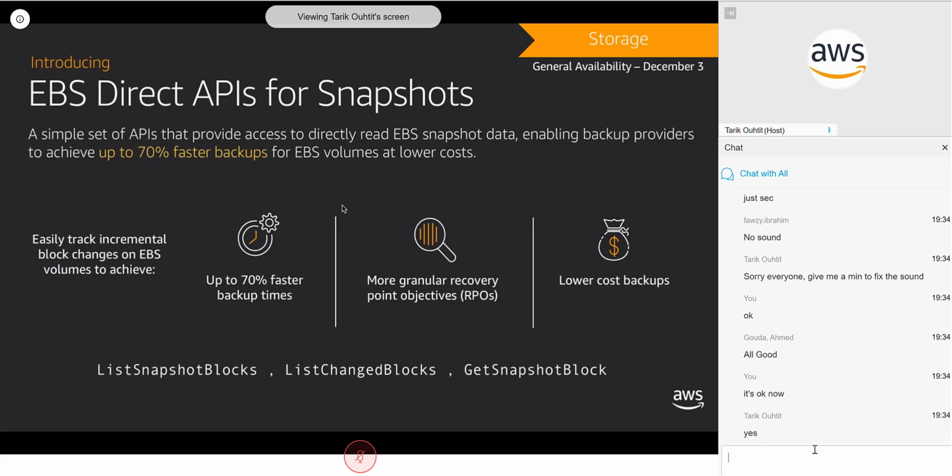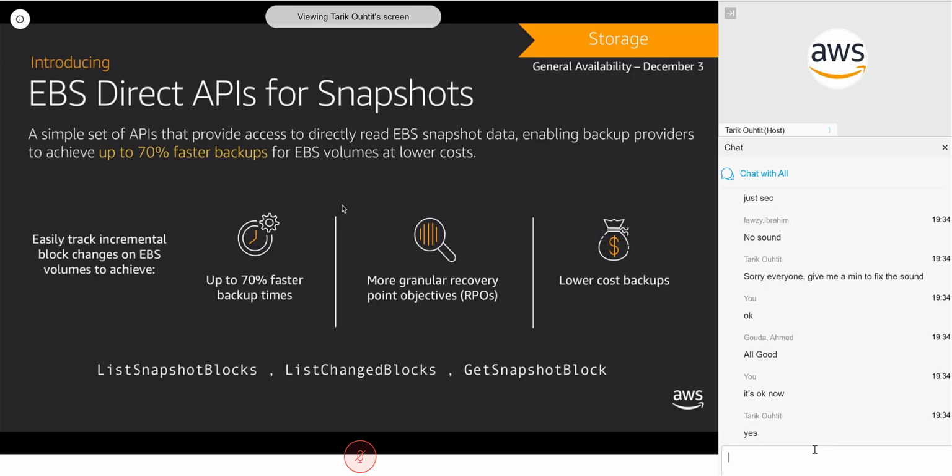When you have a VM, an EC2 instance in AWS, and you take a snapshot, what AWS will do behind the scenes is the first time you take a snapshot, we'll take a full snapshot of that disk. After that, there are incremental changes. And previously, before this direct API was launched, if you wanted to retrieve data back from a snapshot, you'd have to restore it as an EBS volume or access it through an instance, etc. So what we've launched here is a direct API for interacting with the data inside snapshots.